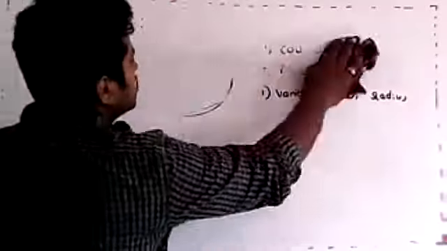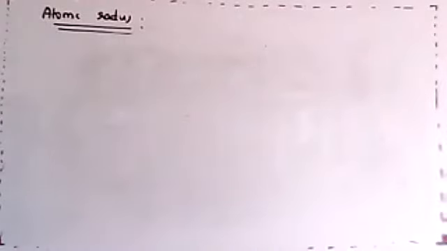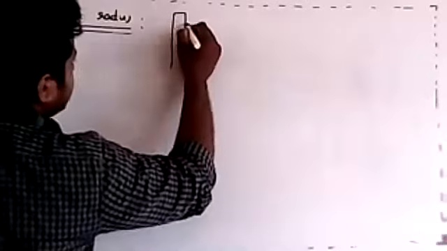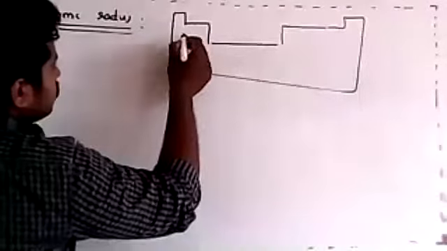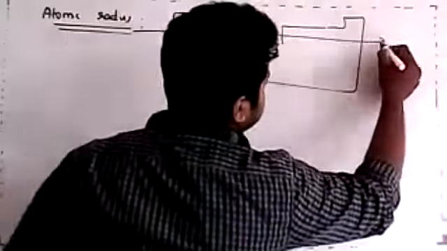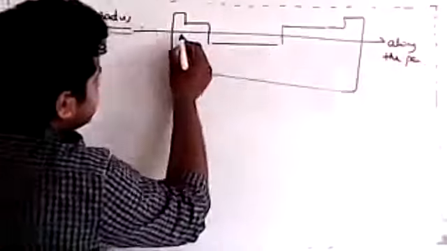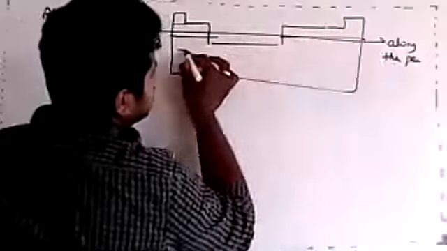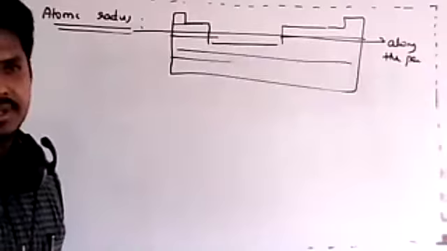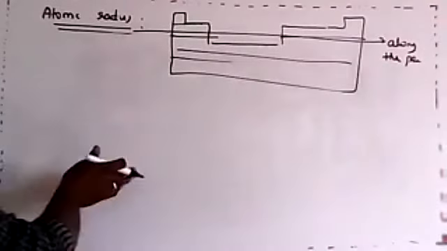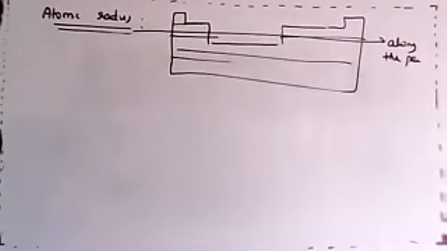Once we find the atomic radius, do you know what should be done? We should compare. This chapter is completely dependent on comparison. How should the comparison be done? Because in the periodic table there are two types of things present. We have to compare this way. This is called along the period. Dear students, this is already known to you, this is what we call a period: second period, third period, fourth period, like that. There are totally 7 periods. You need to compare this radius along the period. And there is one more thing called down the group.